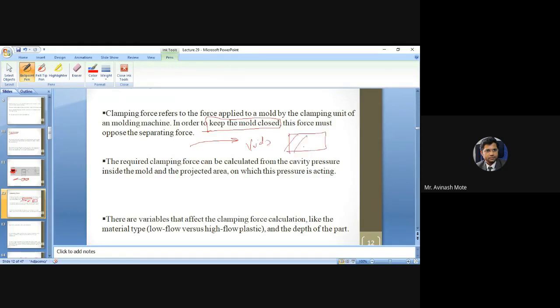I told you this kind of component will be there. So in between, this kind of voids may be possible because of trapped gases. To avoid this, we keep the mold very tightly closed, and to keep it closed tightly, we need a clamping force.